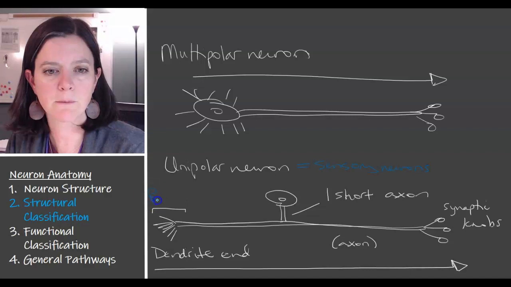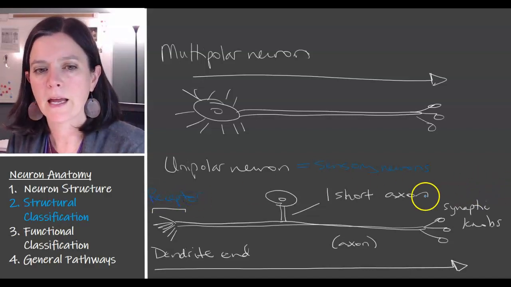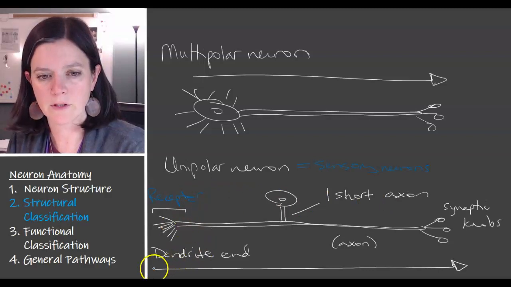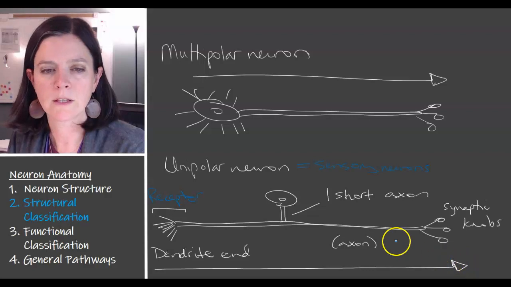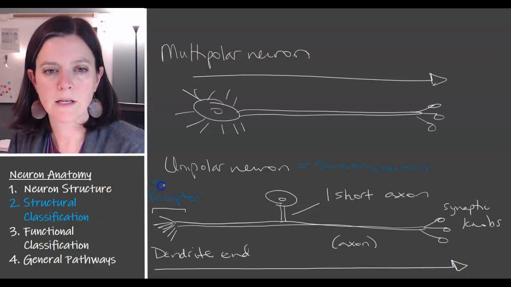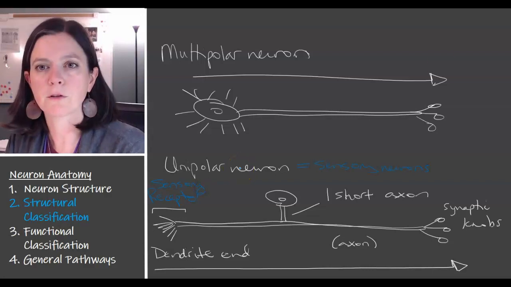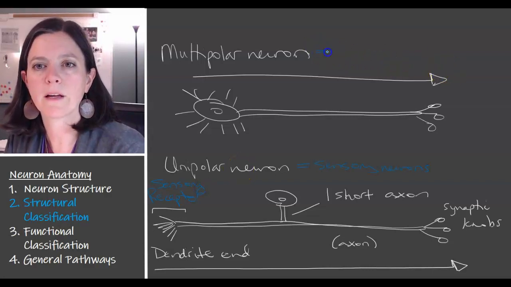So there's a receptor associated with this dendrite end. And then that information, like we just said, flows down past the cell body towards the synaptic knobs. This is where that sensory receptor is located. Multipolar neurons are going to be typically found as motor neurons